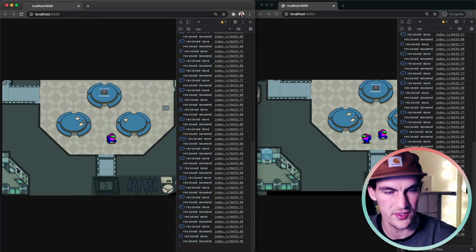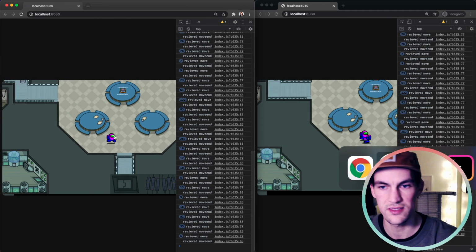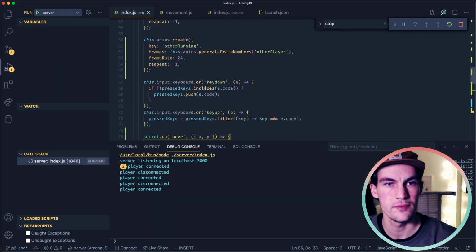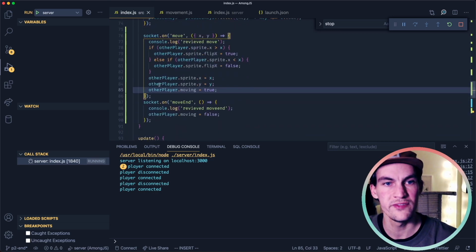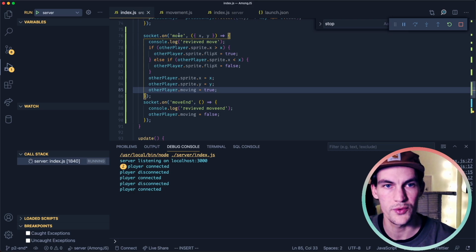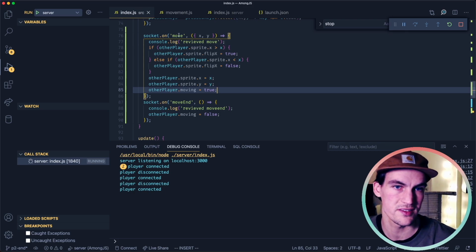Okay, so we are still receiving our own events, which is not good, because if we look in the client code, on move we set other player's sprite. So when we receive a move, we want to know that it's not our own move, because that will just lead to the other sprite being moved with us.